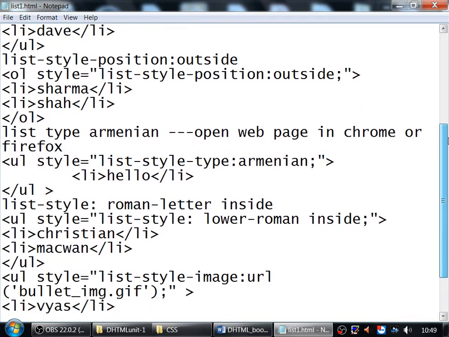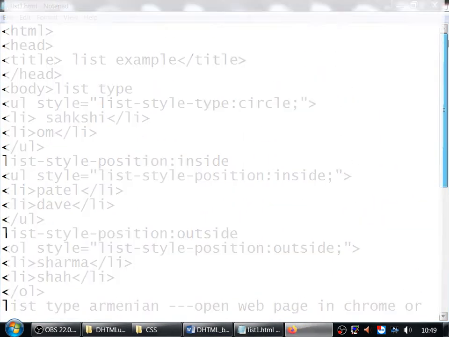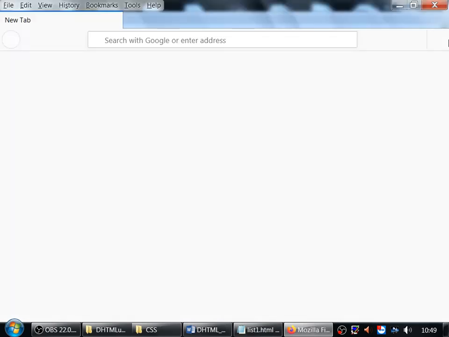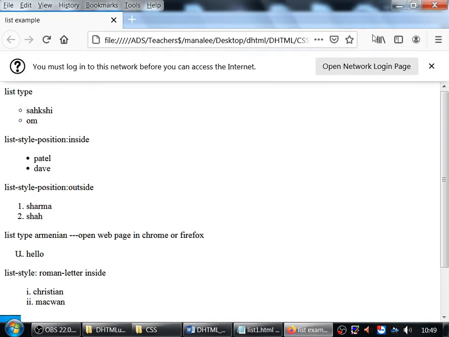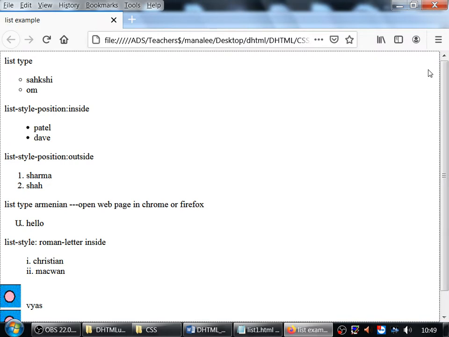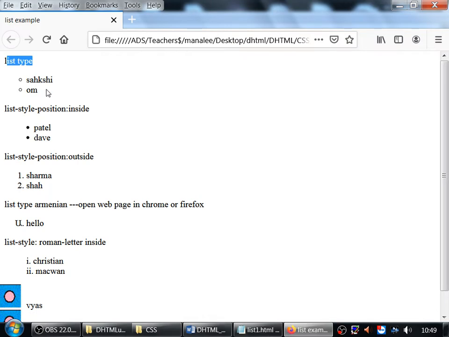If I show you the code, you won't get a clear idea what type of list you are going to design. So better that I directly show the output and then we'll discuss the code. In the output, I have prepared multiple lists in this program, and in each and every list I have mentioned what type of values, what type of properties I have applied to that list. So there is a title and the list so that you can understand.